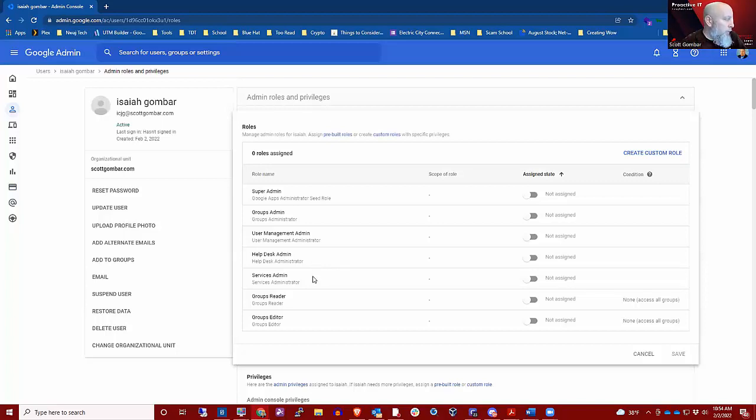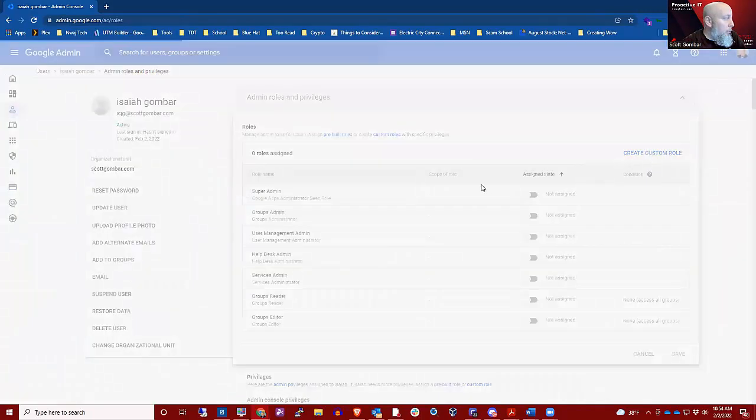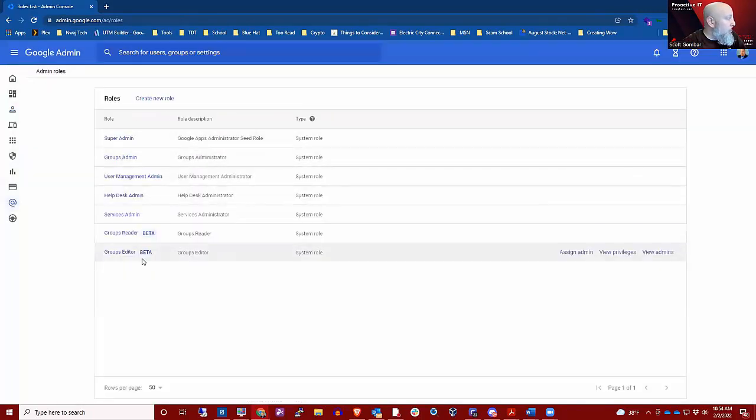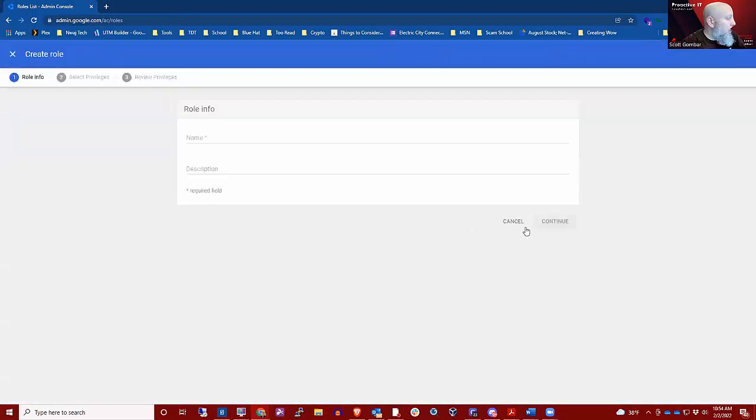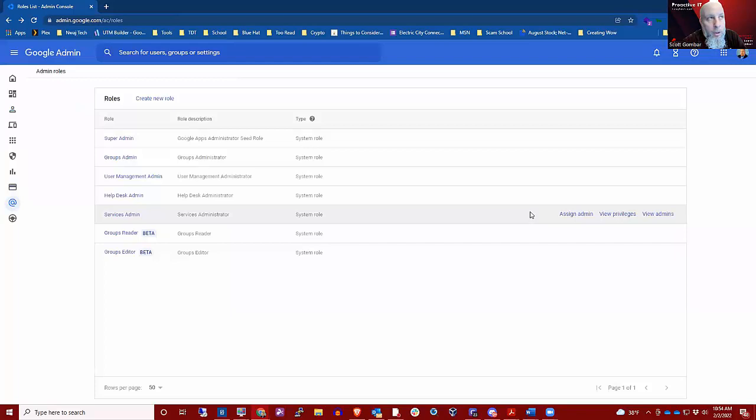If you're doing help desk and service admin, I'm not sure that you would even use Google at that point. But you'll probably need user management admin or group management admin, groups admin, maybe super admin for the admin role you're creating. And then you can also create a custom role if you wanted to. Come here and decide what you want to do with it, create a new role, decide what you want to include with that role. You can really get granular with the privileges that you give to the cloud identity user